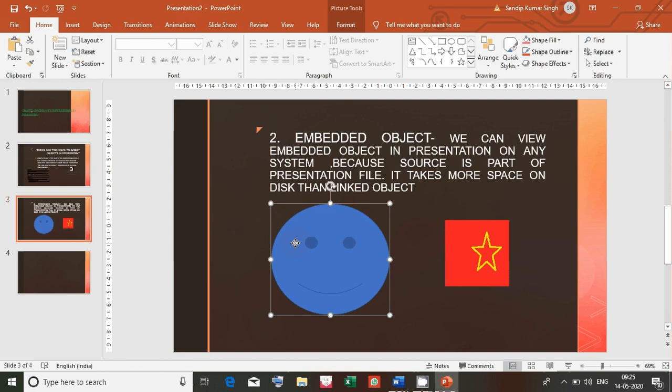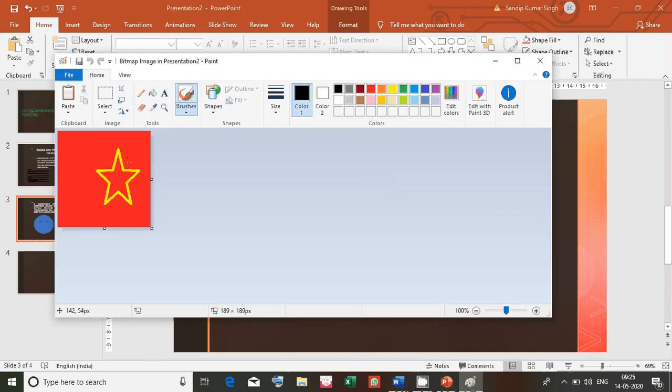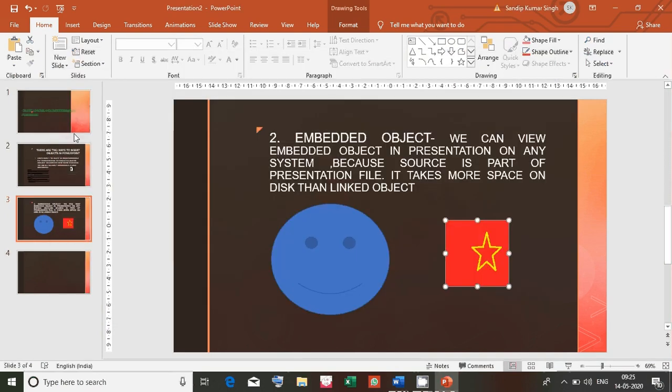Now let's understand the difference between an embedded object and a linked object. See here, this object we have created in Paint, but we have not saved it anywhere. It is part of our presentation.